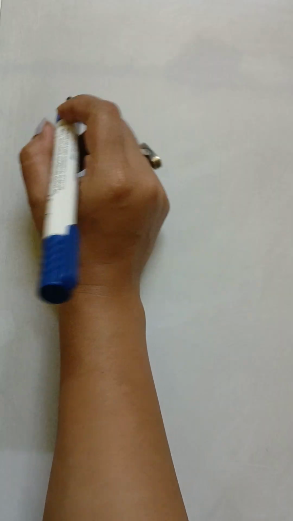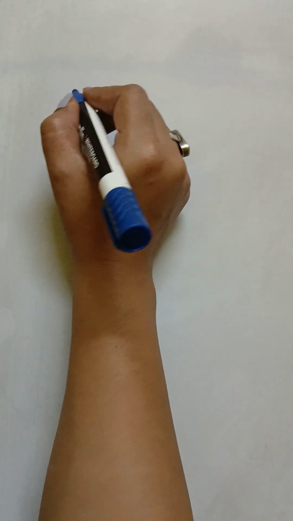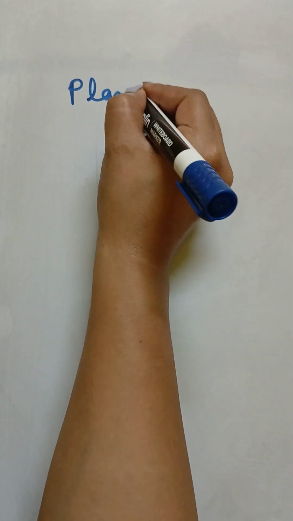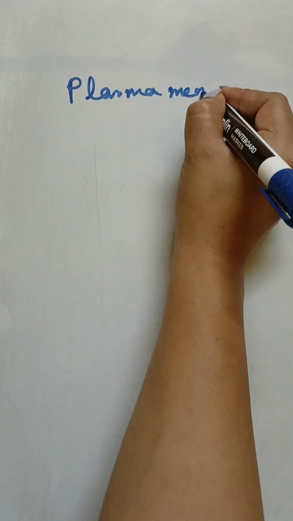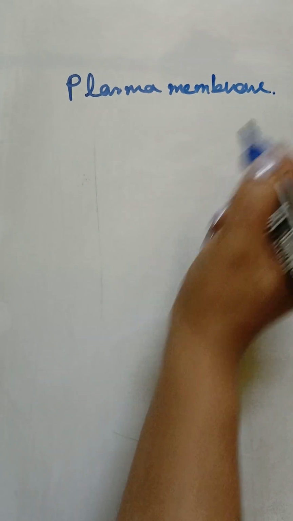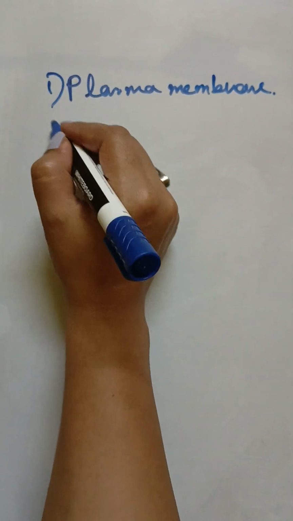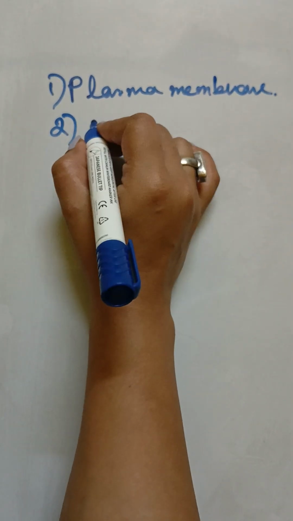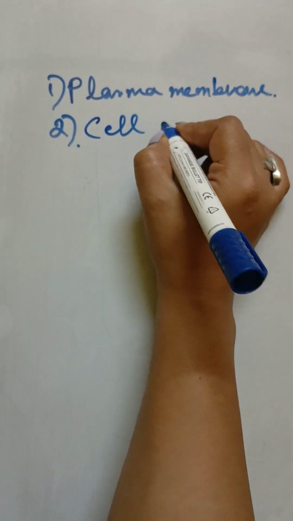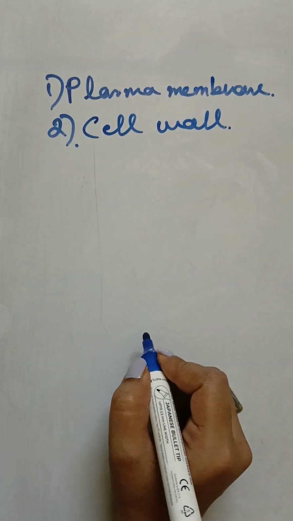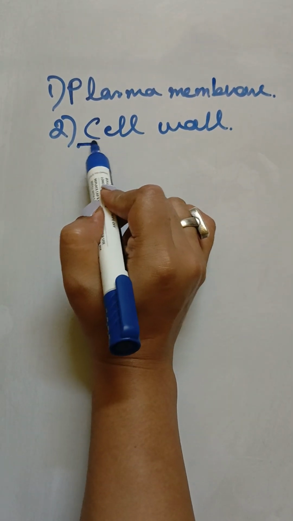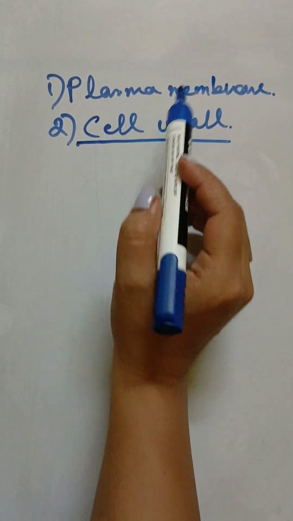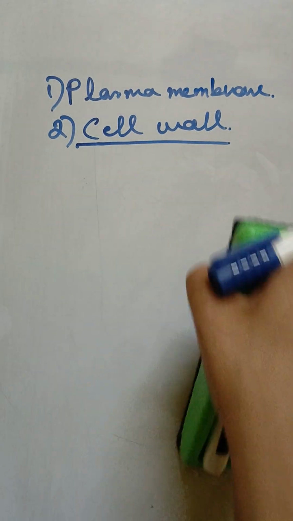In the previous video, we have learned about the plasma membrane of the bacteria, and the another one which is most important in the cell envelope, that is known as cell wall. Apart from the plasma membrane, cell wall is another major constituent of the cell envelope, which has several functions,